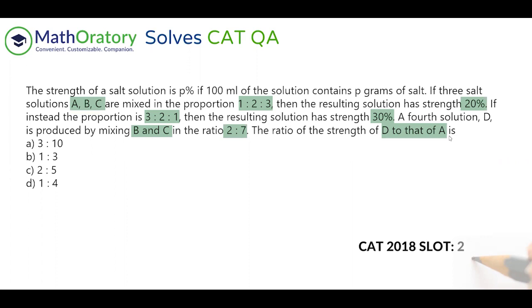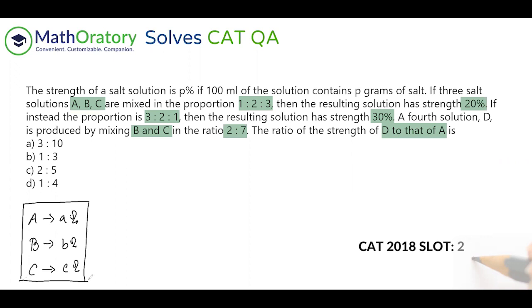That is the question. But the initial information that is given, you're mixing three items in both cases. So alligation will not be suitable in this case. So we have to take variables. It should basically be an equation question. So let us assume something. Let us say A has A% concentration, B has B% concentration, and C has C% concentration. Let us start with this assumption.